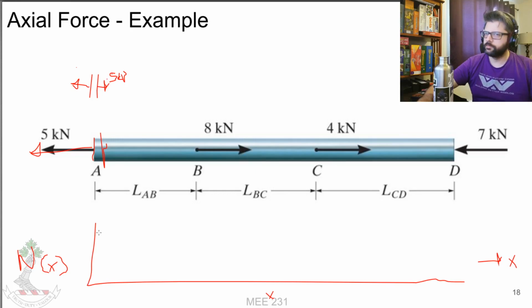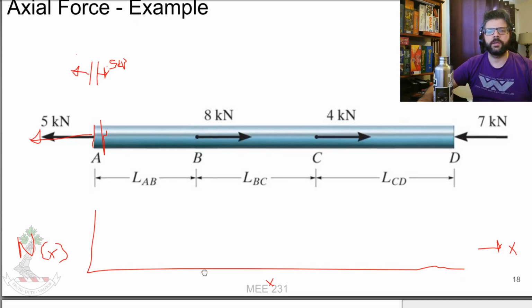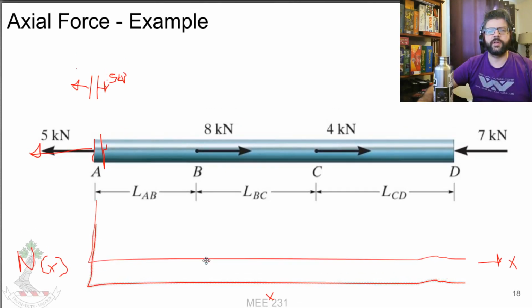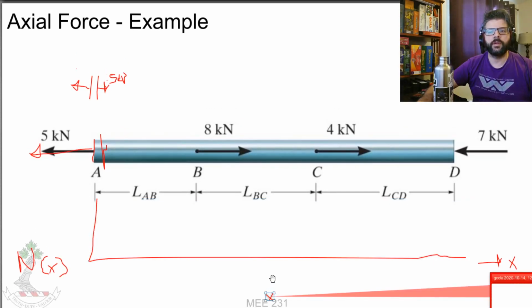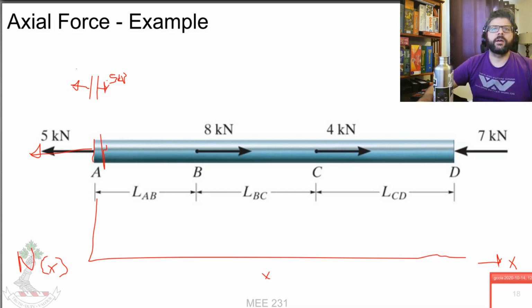So we can go ahead and say, hey, that is a positive 5 kilonewton axial force, normal force. And then moving along, that's going to be constant until we hit past this 8